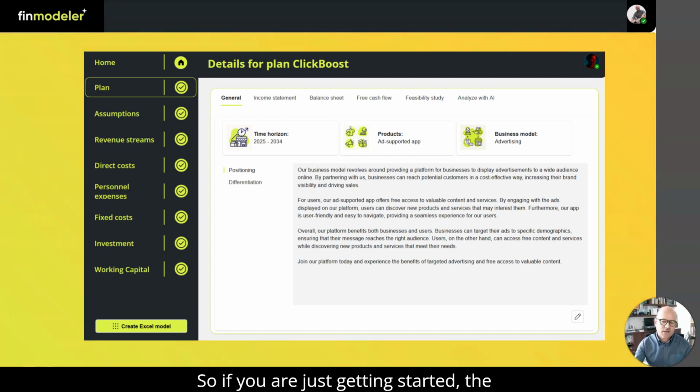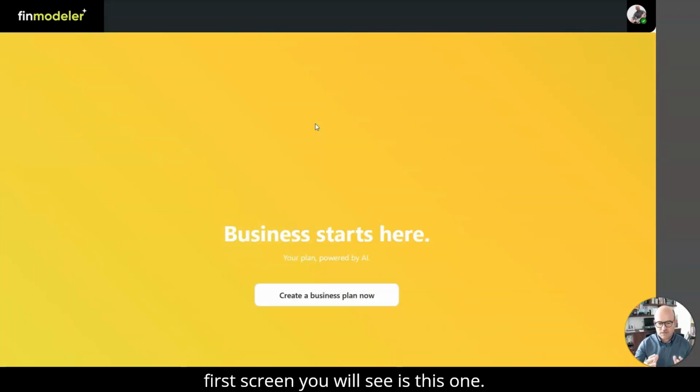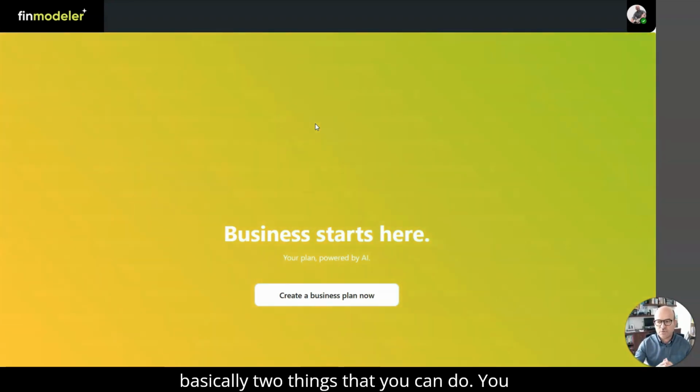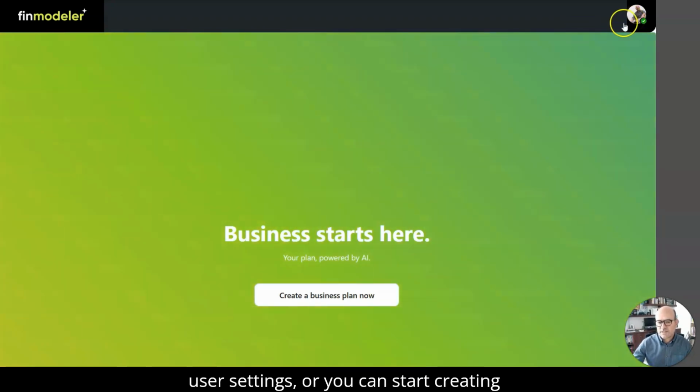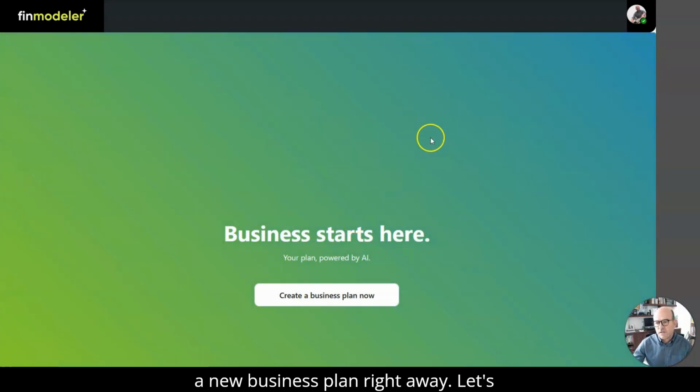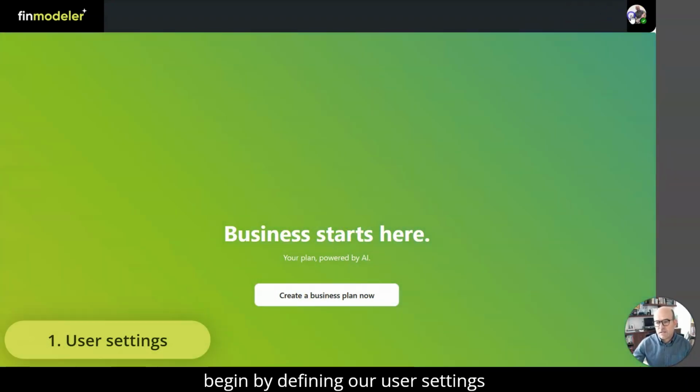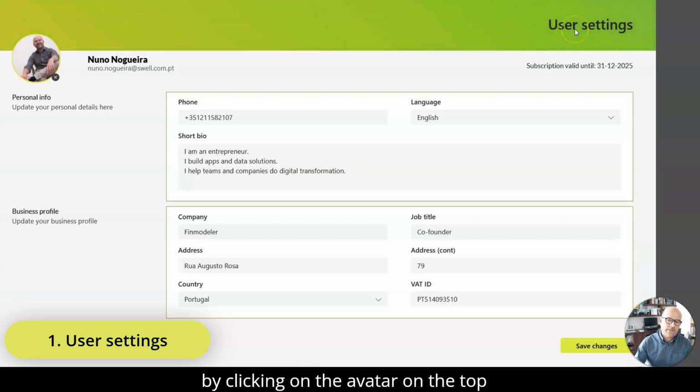So if you are just getting started, the first screen you will see is this one. And in this screen, there are only basically two things that you can do. You can start by defining your user settings, or you can start creating a new business plan right away. Let's begin by defining our user settings by clicking on the avatar on the top right of the corner, and